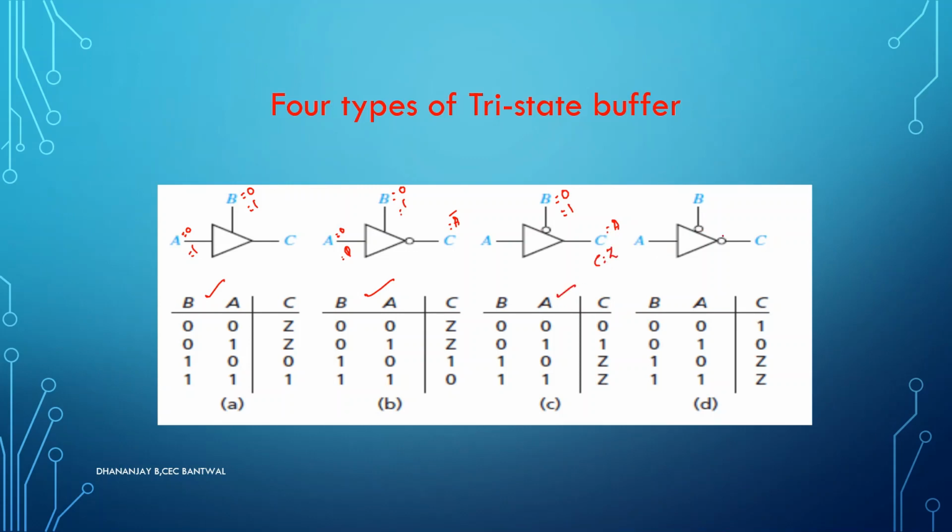Here, the buffer input as well as the buffer output, both are inverted, and corresponding to that, you can see the truth table. So you need to remember these 4 different modes in which your tri-state buffer can work, or 4 different types of the tri-state buffer. So this finishes off your syllabus regarding multiplexers and tri-state buffers. Basically, buffers are used to drive the circuit, or to remove the intermediate state of your voltage.